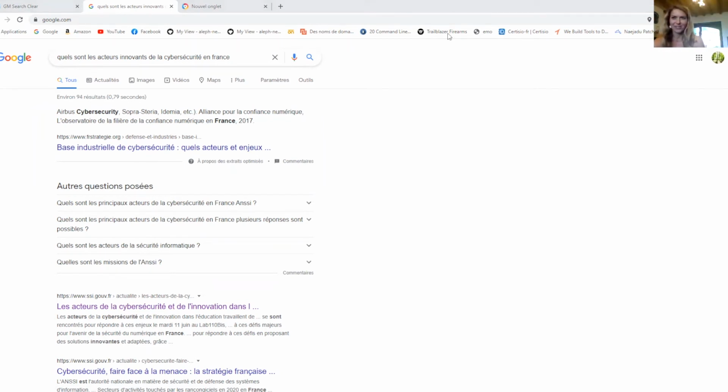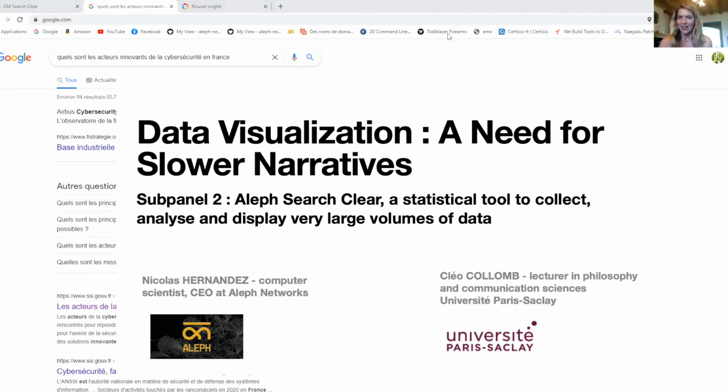Okay, so thank you very much, Nicolas, for this nice presentation. Maybe to sum up a little bit, with Aleph Search Clear, you have a search engine, but it's a search engine based on an imaginary, which is the one of graphs and not of writing, as you have seen. It's a technological imaginary because the web is organized in a graph. Okay, you have a first domain, you have a first site of interest, and then the crawlers are going to collect all the websites that are linked to the first website. Okay, so you have this nice graph of one website and all the other websites that are linked to the